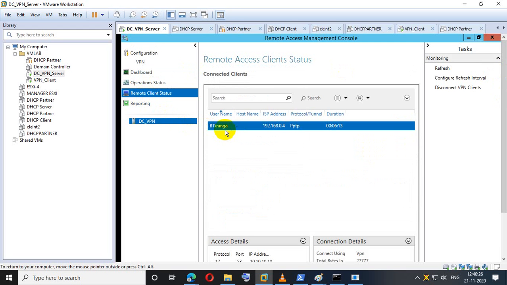Right now, see, it's showing Ranga is connected through PPTP. How long is the duration? 6 minutes he has been connected. And he is getting the IP address from the ISP, Internet Service Provider, 192.168.10.0.